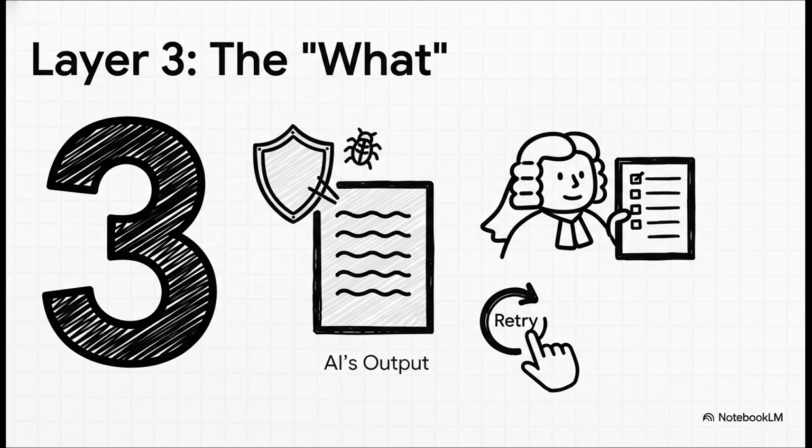And there are some really clever ways to check this. For instance, you can use another AI as a judge to score the quality of the agent's answer. This is also where you're watching for security issues like prompt injections and paying super close attention to user behavior. If a user is smashing that retry button, that's a pretty strong signal that the agent isn't doing its job.